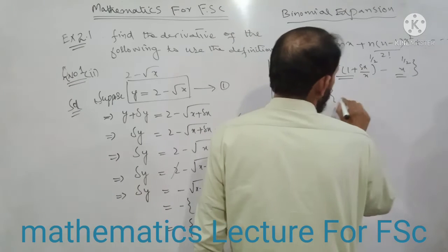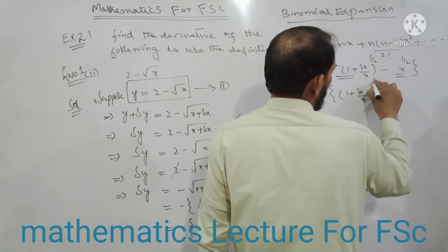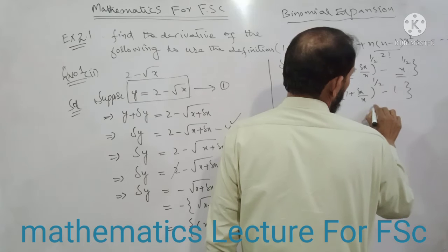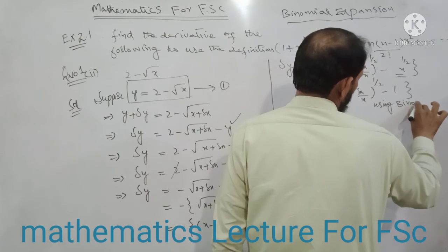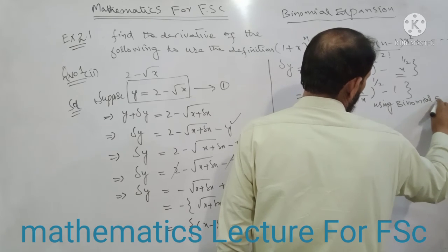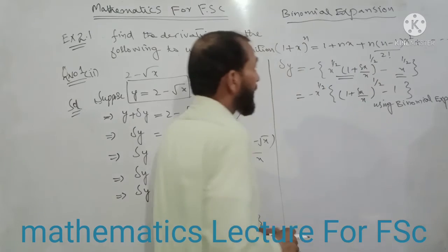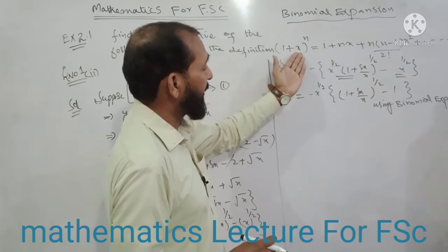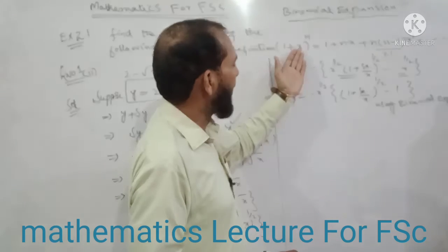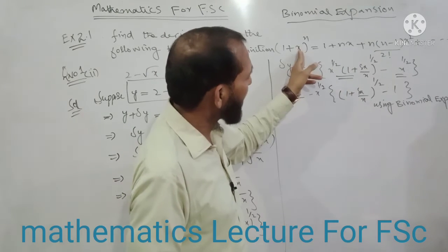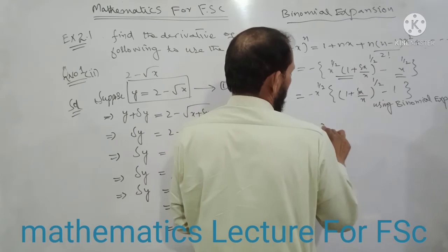Here is x plus 1 plus del x over x to the power 1 over 2, negative 1, using the binomial expansion 1 plus x, where the whole value is put in place of x. Okay. According to the formula, we can write: